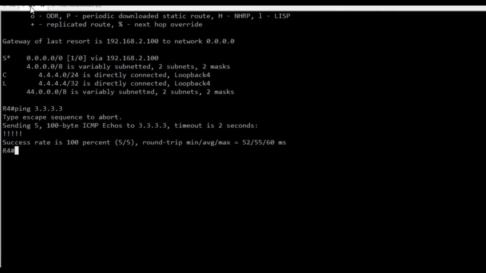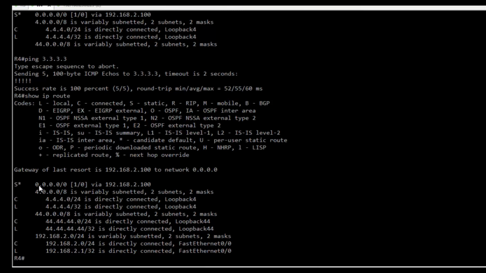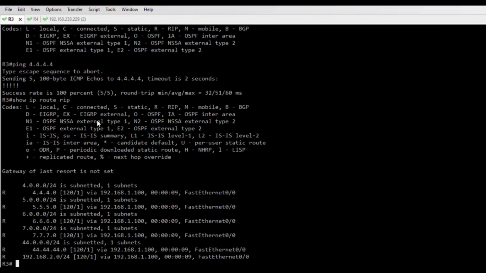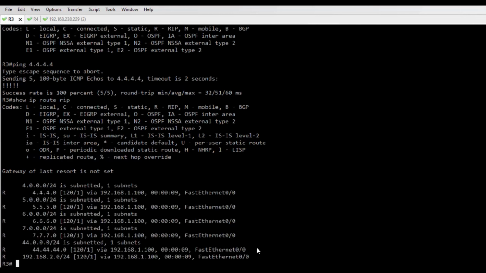And if you go to R4 and show ip route, you can see the static default route towards 2.100. And once we go to show ip route rip, you can see the routes for the 4.4 network, as well as the 44 network.